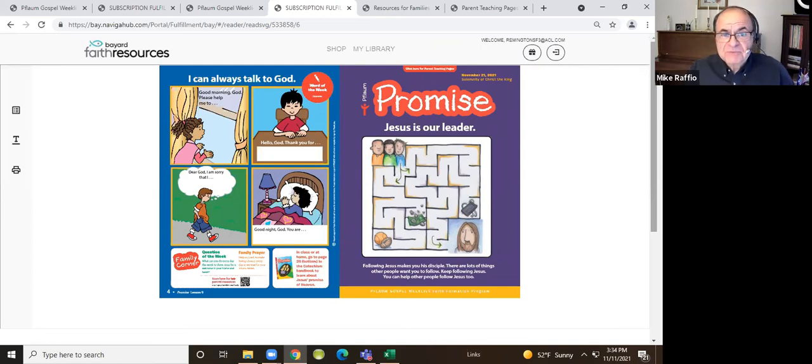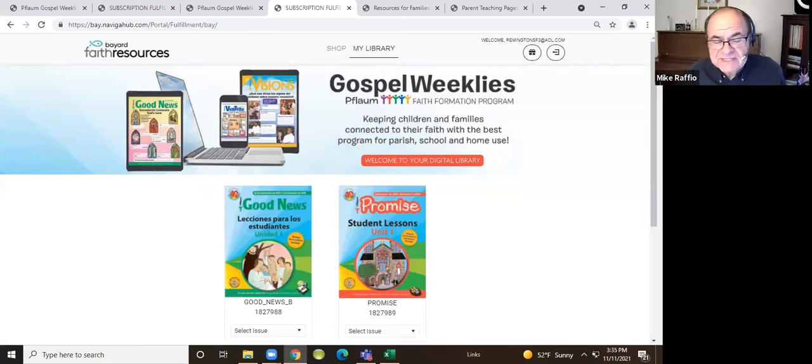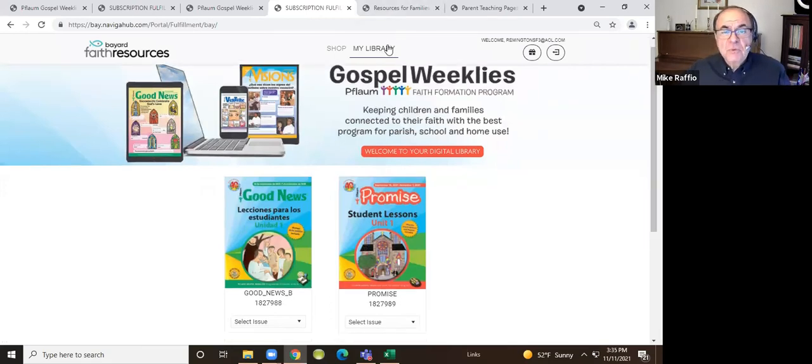If you've got one computer, obviously, if you open Promise, you can't have 2 people doing the same thing at the same time. But let's say you're a parent working with your first grader in Promise, and you want your 6th grader to do their venture lesson at the same time. If they have another computer, they can sign in the same way that the parent did.